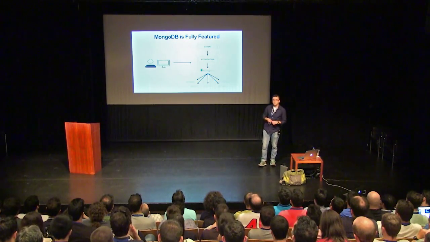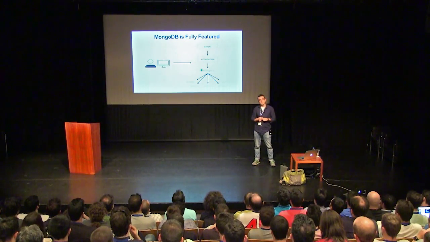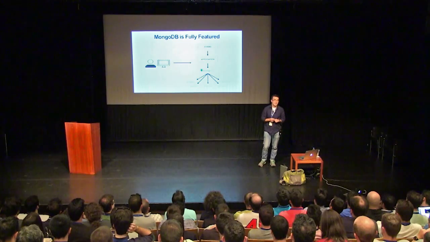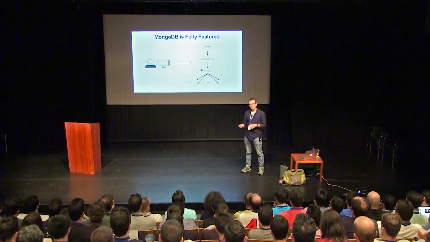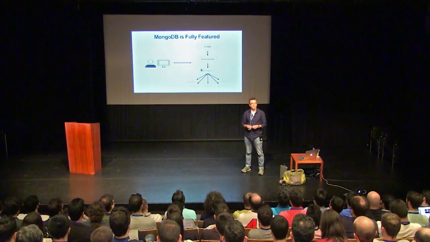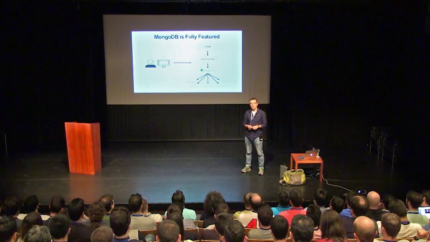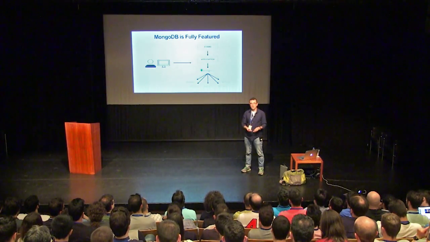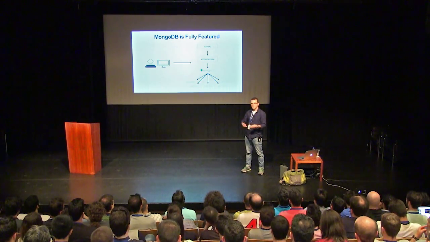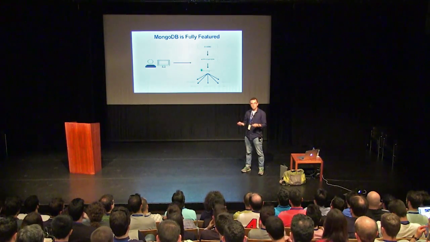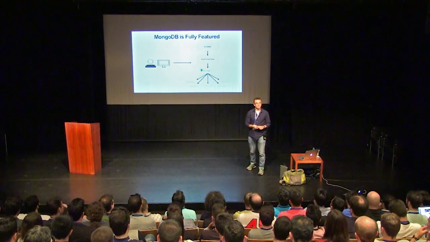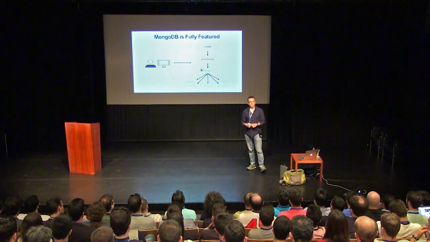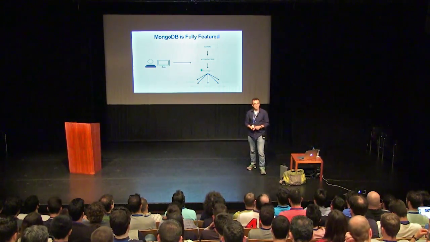MongoDB is also a fully featured database. And that means that we can kind of do anything with it. On one side, we have all the rich queries that we are used to having on our relational systems. We can do any kind of query on any kind of field and any kind of table, doing major joins and unions and all that, using our SQL model, correct? So MongoDB also allows you to do that. Different model, but it also allows you to express any kind of query on any kind of field.